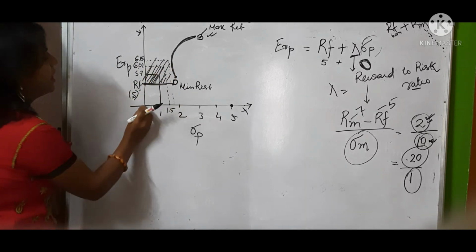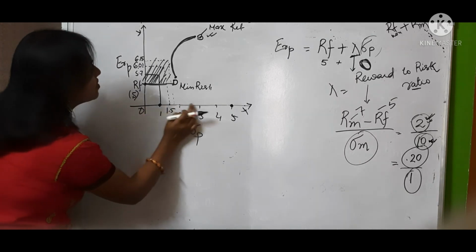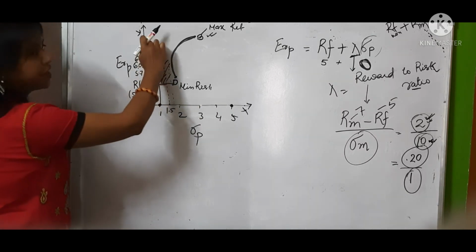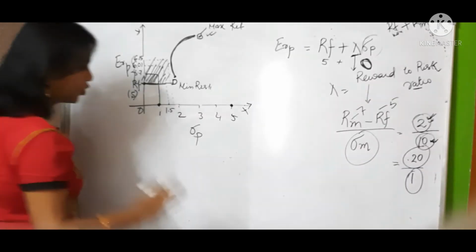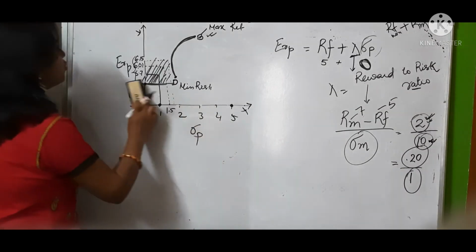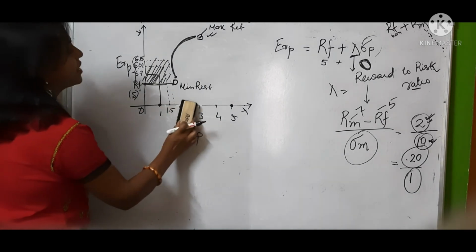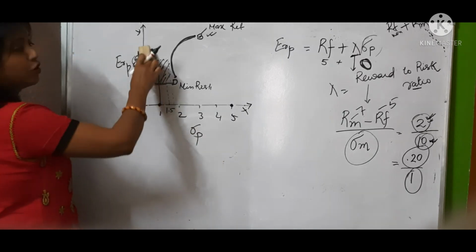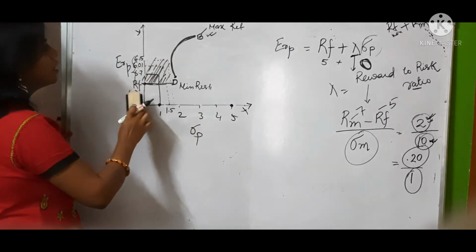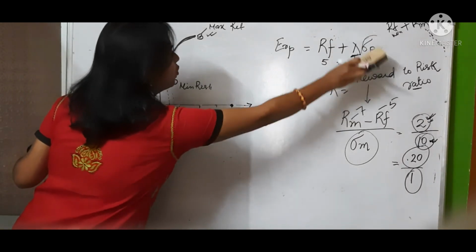So that means as he varies the risk degree, as he moves this side, his returns also increase and consequently the premium also increases. So as you move beyond this risk free rate and start taking risk, as you take more and more risk, you will find your returns are also increasing because you are getting some premium, and this part is increasing as you take more and more risk.